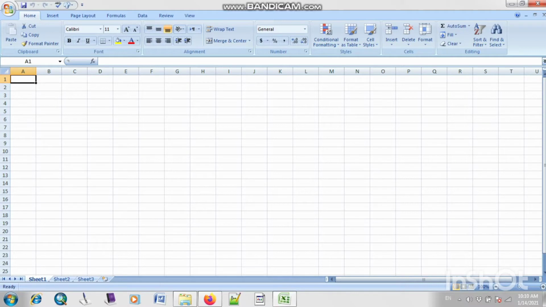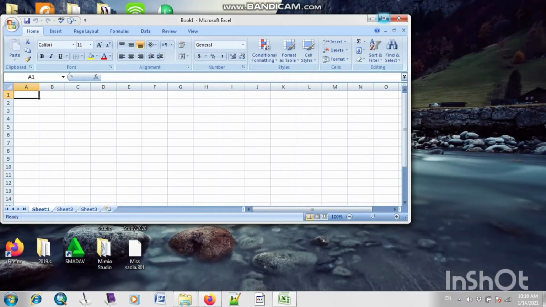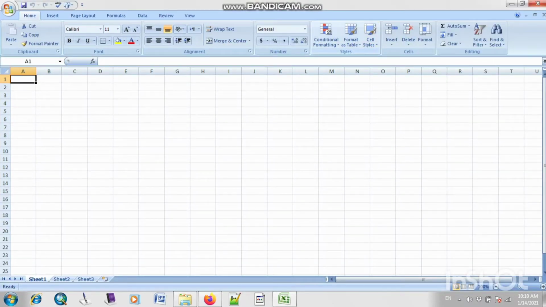Okay, the next important component is your title bar. As you can see at the top of your Microsoft Excel sheet, there is a bar with the button of cross. Maximize, what will maximize do? Right, it will resize your worksheet.